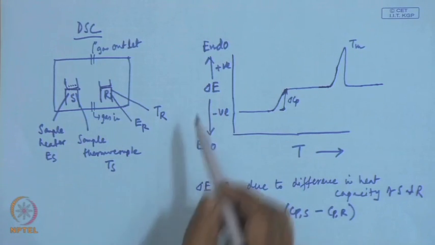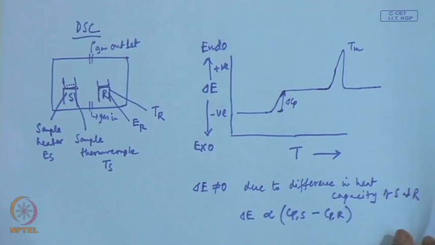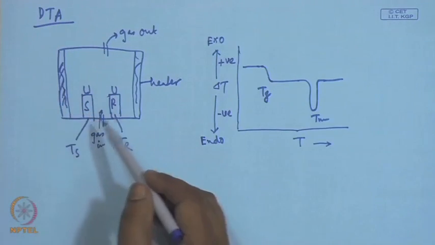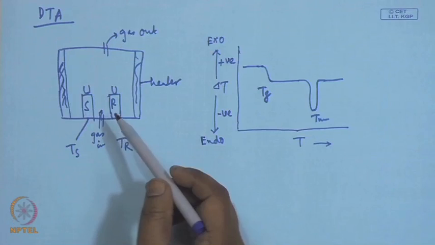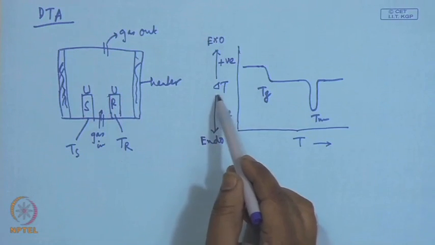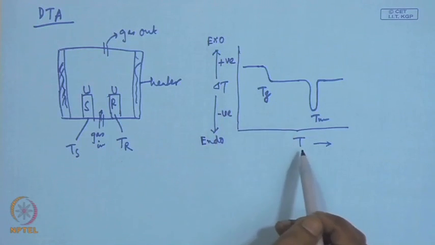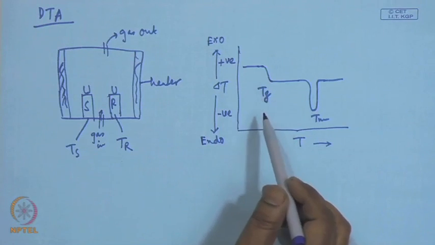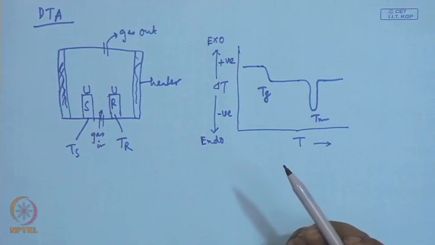So, delta E, the amount of energy required to keep the sample and reference at the same temperature, is plotted against T. In case of DTA, the same amount of heat is supplied to the sample and reference at a constant rate, and the difference in temperature between the sample and the reference is plotted against the temperature. So, any phase change involving glass transition or melting, which is an endothermic process,